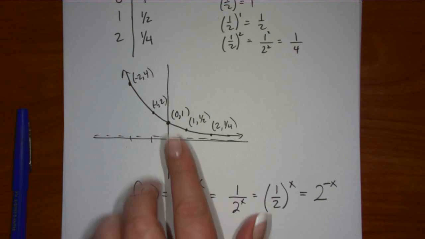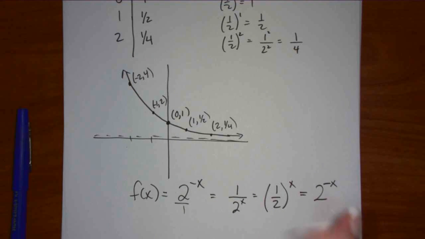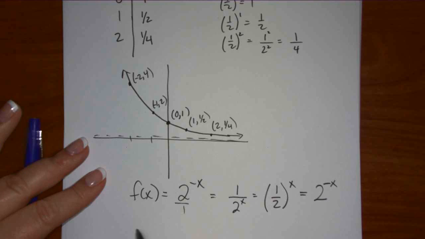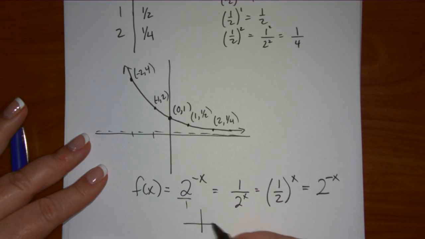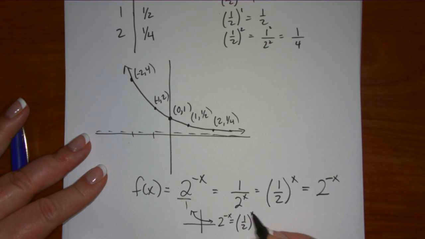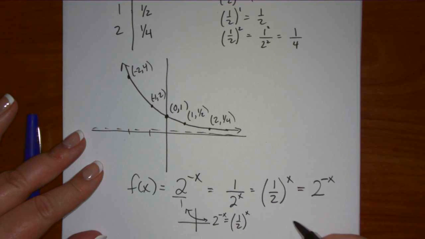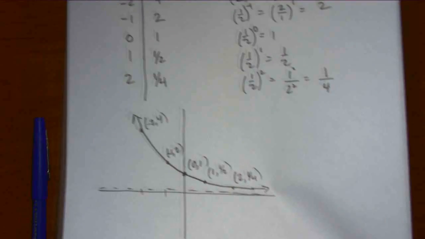What would make the graph flip down instead of sideways like this one does? What do you think? Think to all our graphing techniques we just did. What makes it flip down? A negative in front. And we can do that. So this graph is that way. This is 2 to the negative x, or a fraction. Okay, that's that way. If we put a negative in front,